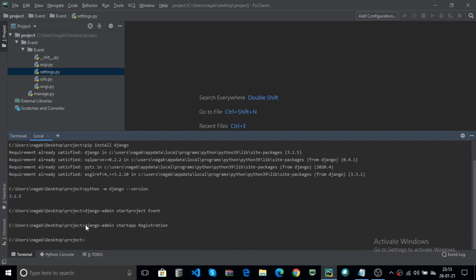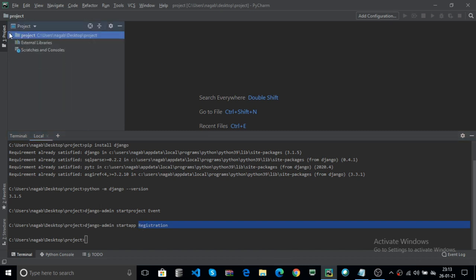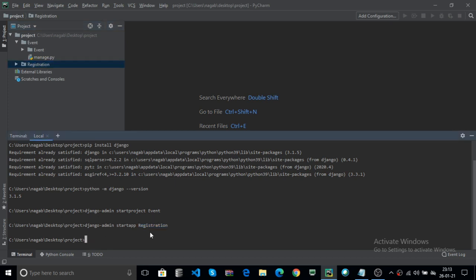Here the project contains the registration app. You can use your registration anywhere. For convenience, I create the registration within the root directory, under your package. Now how to create it? You can use cd event.